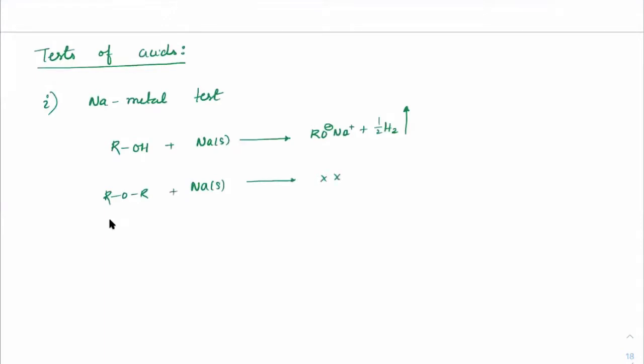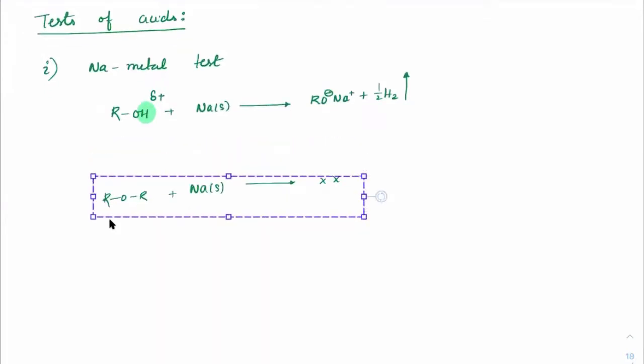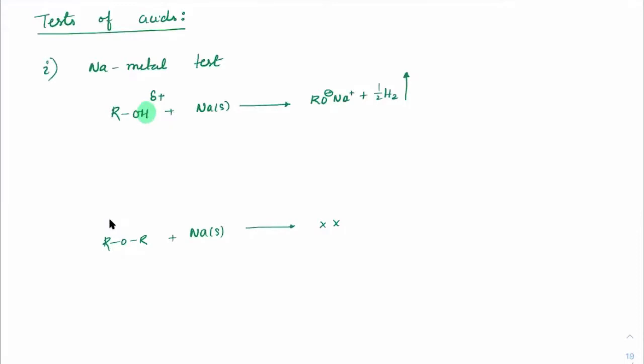What is the reason here? You can see that the hydrogen which is present with oxygen here is polarized, sufficiently polarized that it would have a delta positive charge. And the sodium will release electrons, that hydrogen will take away the electrons and come out as H2 gas. And the other way of comparing is that we see the pK values. We'll put the approximate pK values. The approximate pK value of alcohol is around 18 to 20, while for H2 it is around 38.